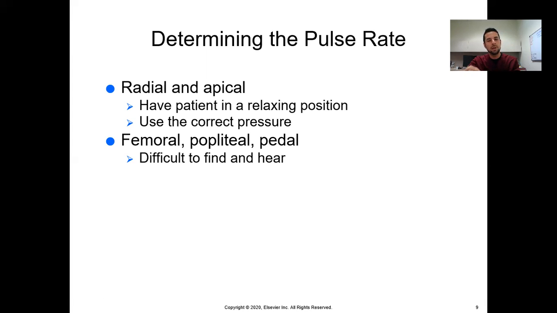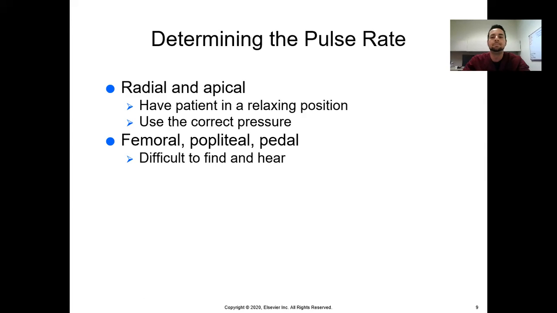Okay. The other ones that we pretty much don't try to use are the femoral and popliteal, the pedal arteries. You can feel a pulse. Sometimes we use these if we're putting tourniquets on a patient's lower extremities, which you will not be doing, but that's just to ensure that the tourniquets are actually effective, or if you're putting on a pressure bandage, to make sure that the patient still has a pulse and that nothing's